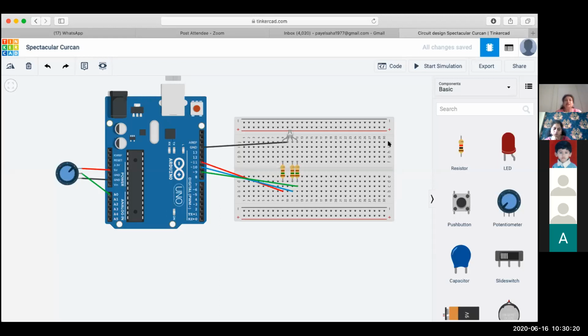But what if I want to control the brightness of all three simultaneously? Using a single potentiometer, I am able to control the brightness of only one color or one terminal. If I want to control the brightness of all the three colors, then what I need to do? What changes should be there in the hardware part? 3 potentiometers. Great. So I need 3 potentiometers for that. Okay.